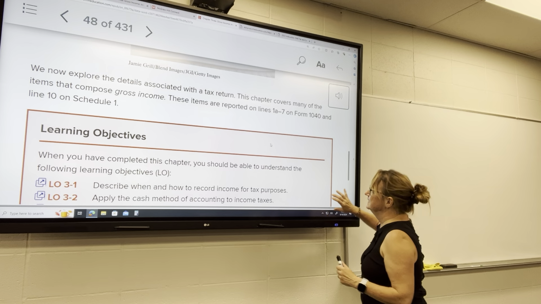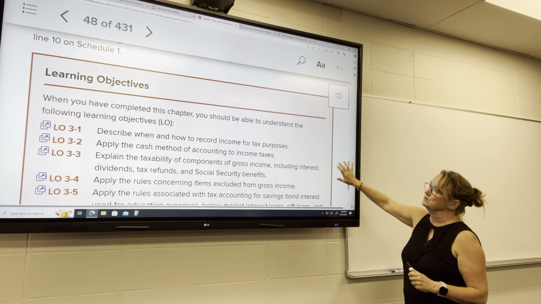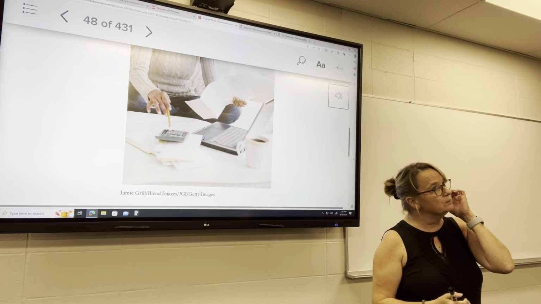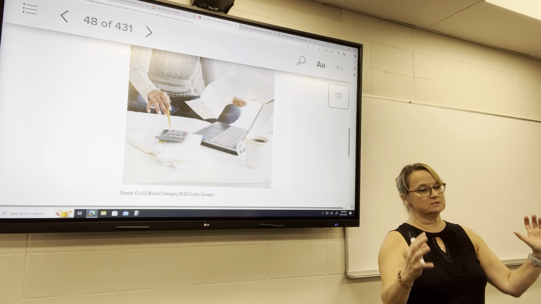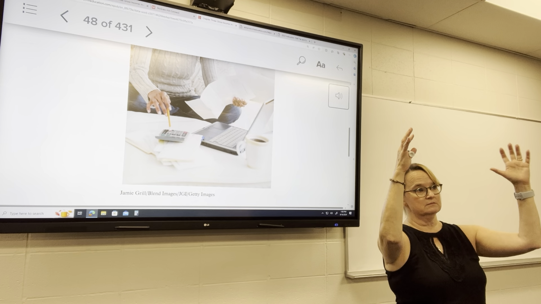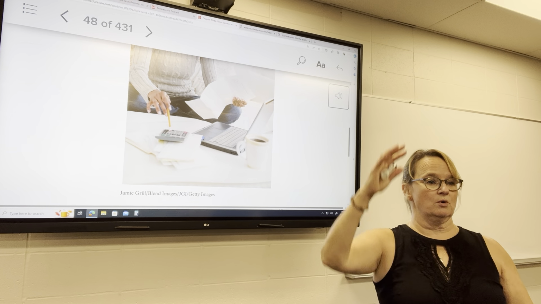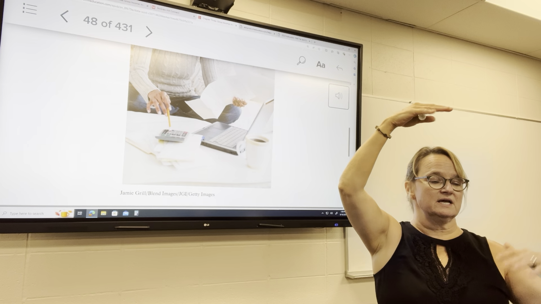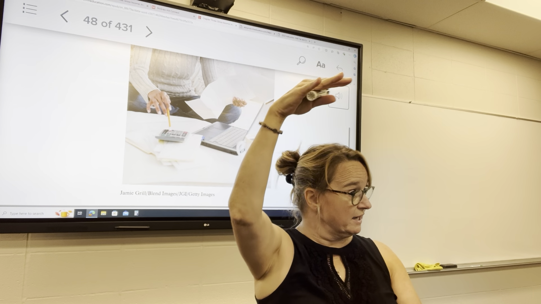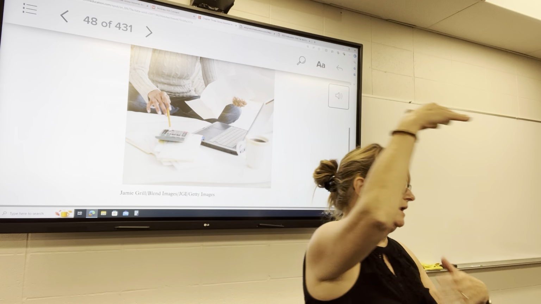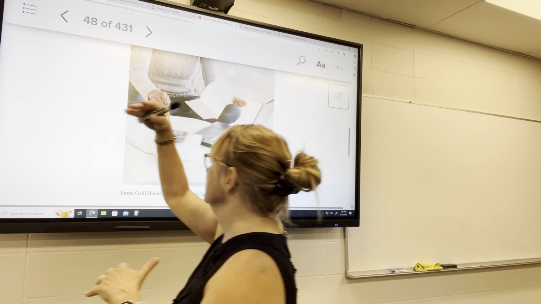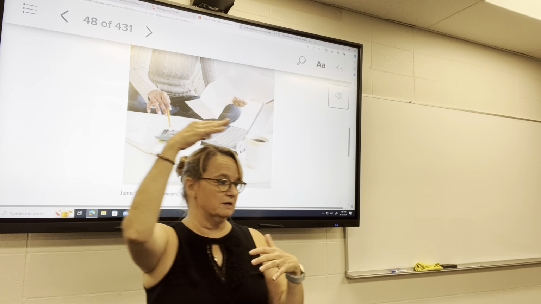All right. So chapter 3, we're going to talk about income. So remember I said these chapters kind of go through the different sections of the tax form. So our first category on that tax form, on that 1040, is items of income. Now we're not going to go through every item of income. There are a multitude of items of income, but we're going to hit the highlights here of different types of